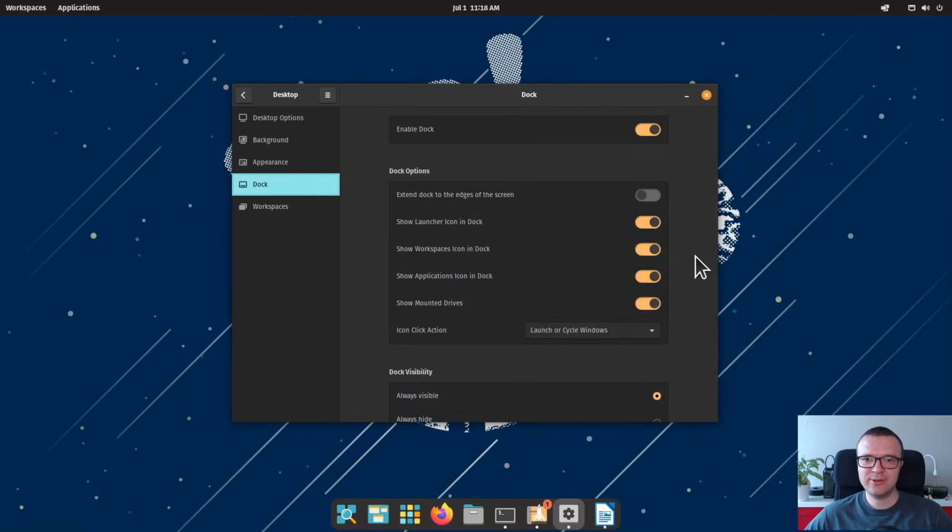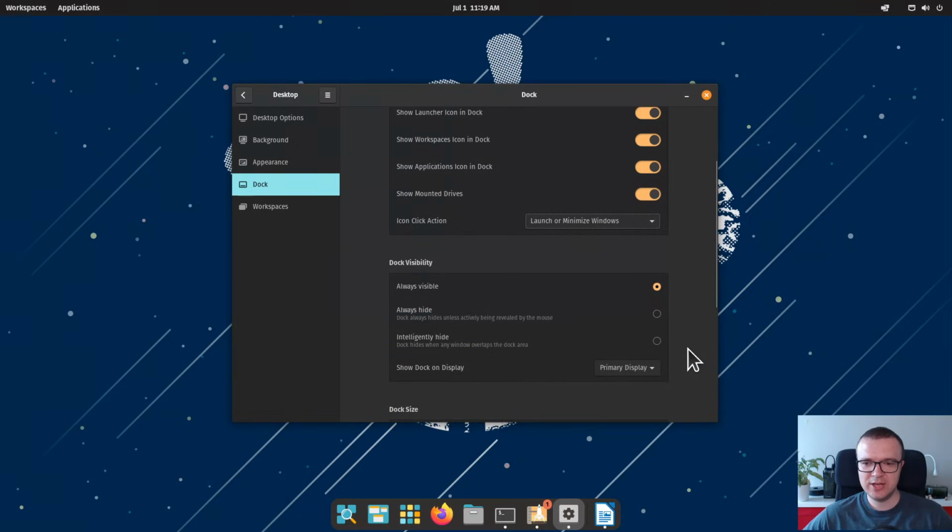For example, what I don't like in this dock behavior is that if I click on an open window, like this settings window, I click on it and it doesn't minimize. This is very annoying behavior. I complained about it a lot in my Ubuntu reviews, but Pop!_OS is fantastic because here you can define what behavior you want on the icon click in your dock. And you can switch from this option, which is the default, to minimize. So now after I apply this option, if I click on the settings icon, it minimizes. I click again, it maximizes. I don't know, maybe it's me, but I just really like this behavior. It's so intuitive to me. This is one thing which I usually change.